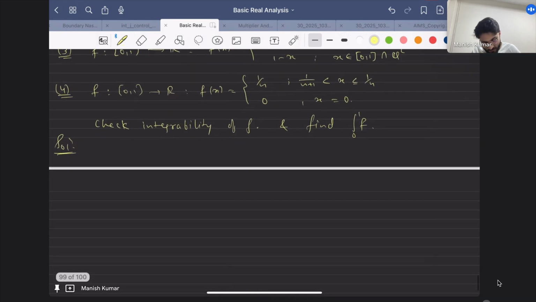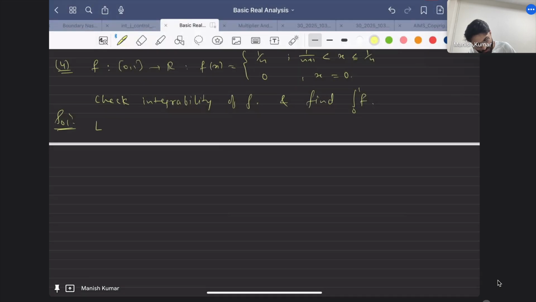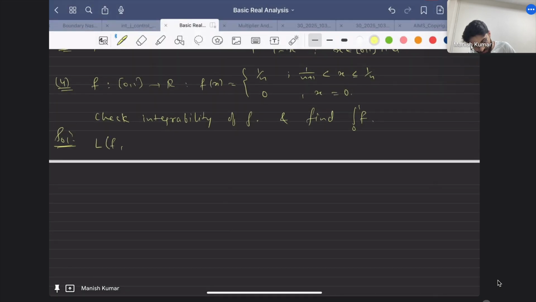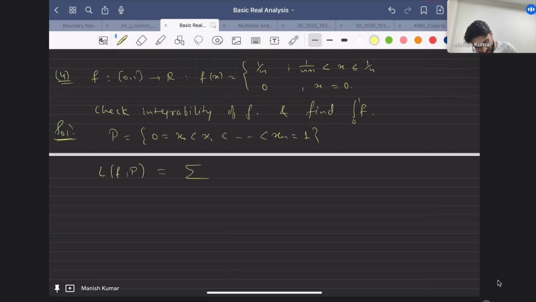So maybe what should I do, or is it doable? It's like you have a constant function in each of the subintervals, right? So you can clearly see. Maybe if you want, I can write it. So L(f, P), if you calculate. Okay, so let's say P is again the same partition, P equals 0, x0, x1, ..., xn equal to 1. I'll calculate L(f, P). So L(f, P) would be the sum over k from 0 to n minus 1 of the supremum of the function